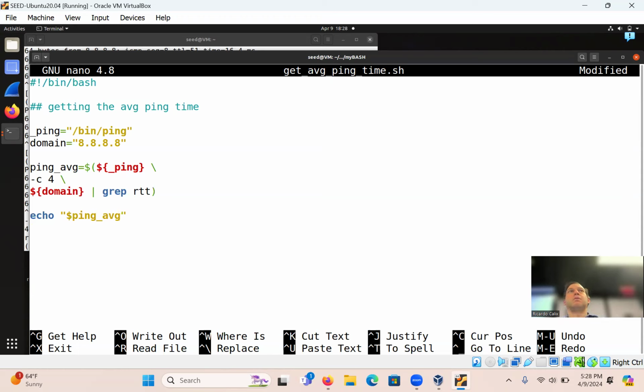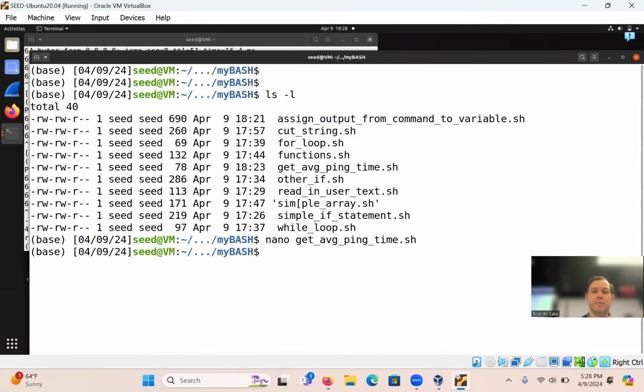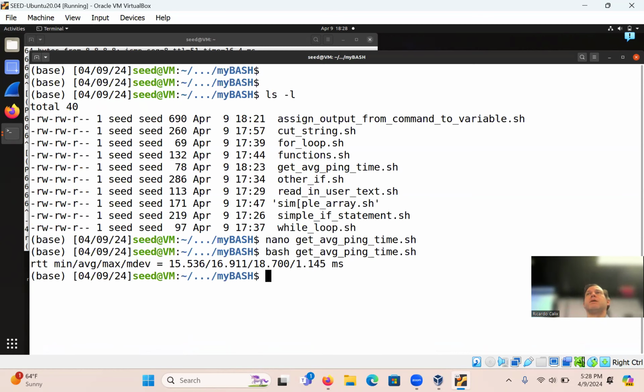Yeah, I think that looks correct. So Control Y. Bash. Well, it's pinging. Oh, there we go, right? So it worked. And we don't need the dash Q actually, because we're grepping anyway.